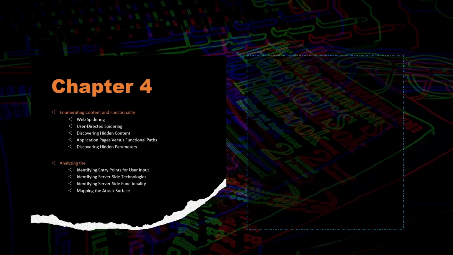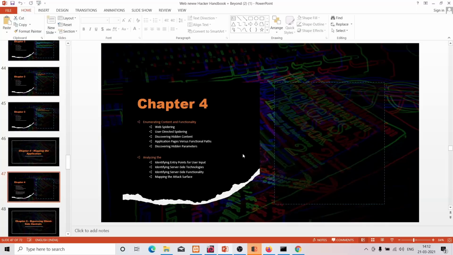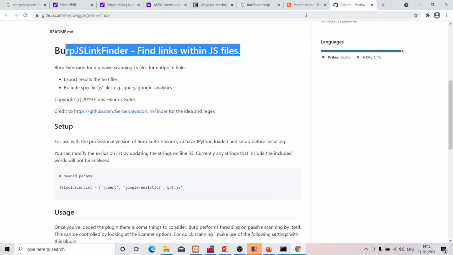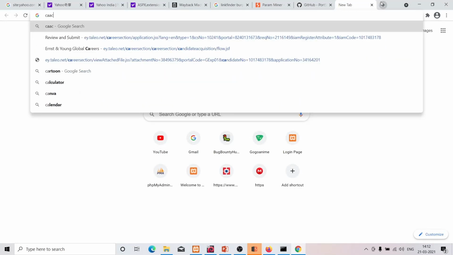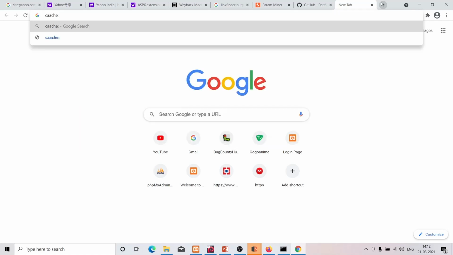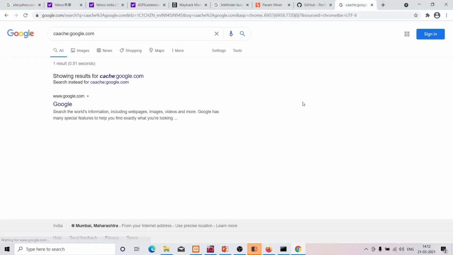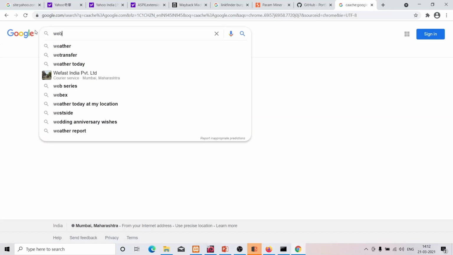You should also check the cache. Sometimes the application might be saying 404 right now, but previously it was vulnerable and Google has cached it, so you can use something like a cache lookup. Google web cache or cache, something like that.